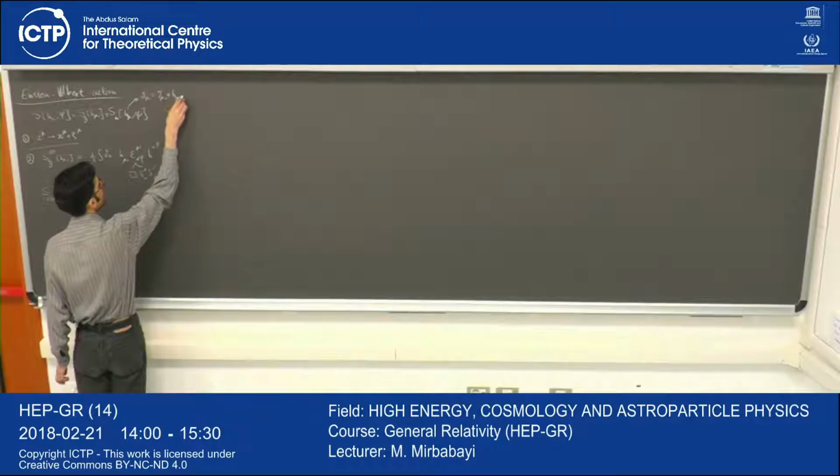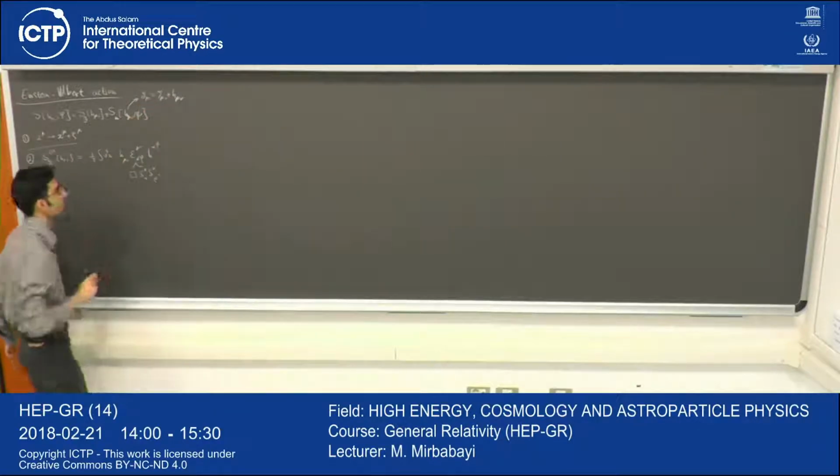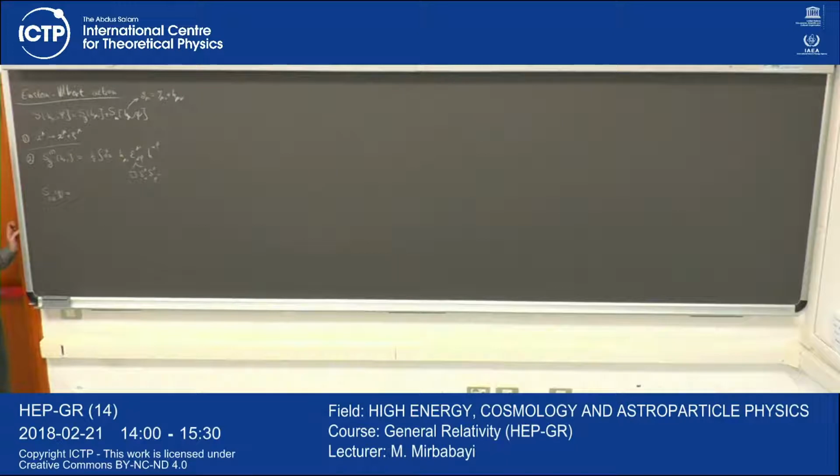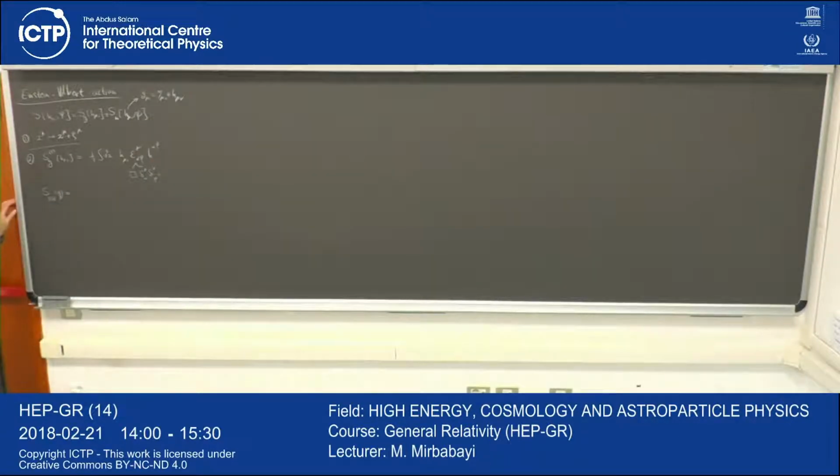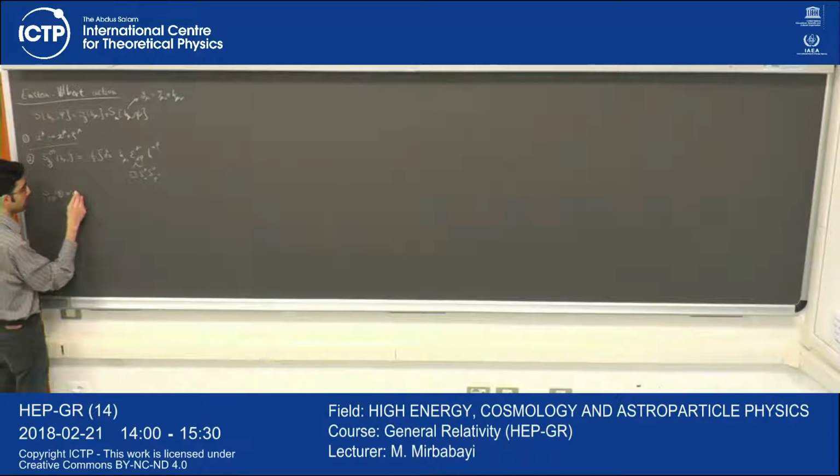This matrix, which is called the metric, transforms like a tensor under general coordinate transformations, while neither eta nor h transform like tensors. Okay, so this Einstein-Hilbert action is also constructed out of g mu nu and its derivatives, and it's given by